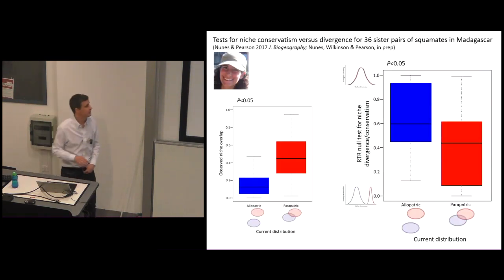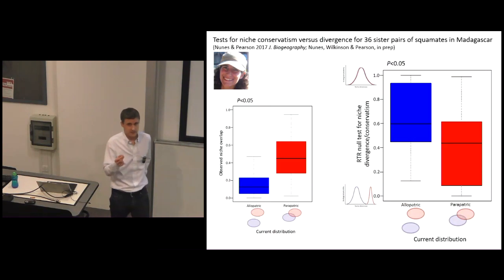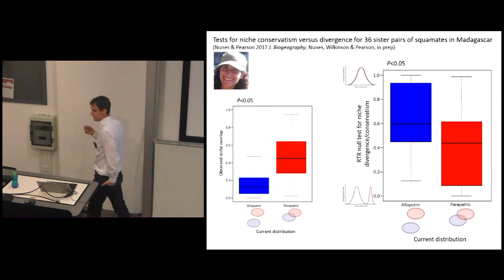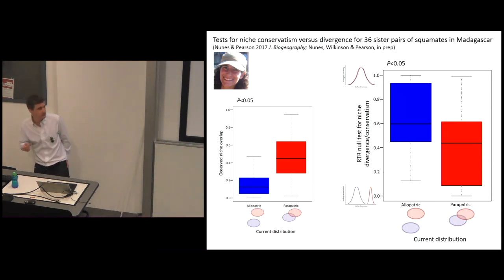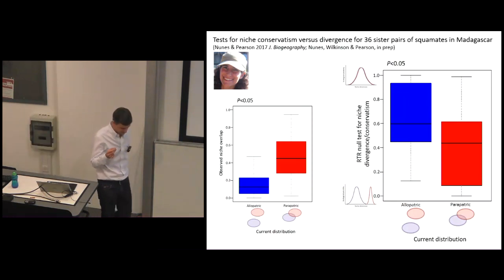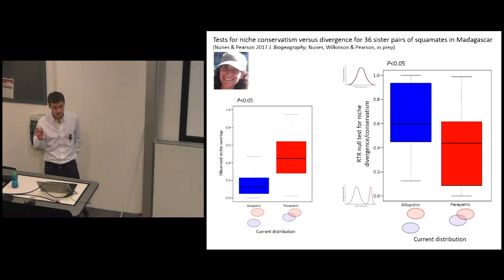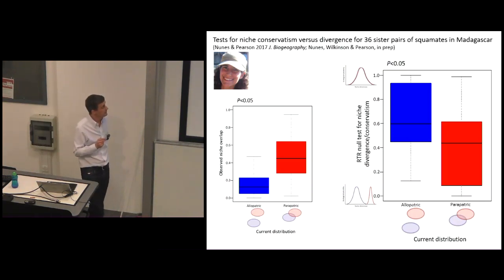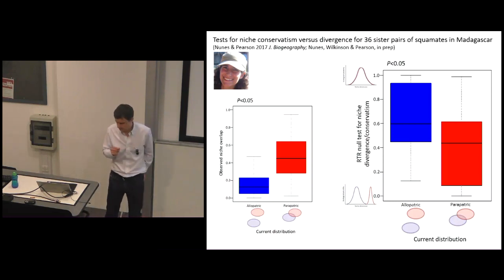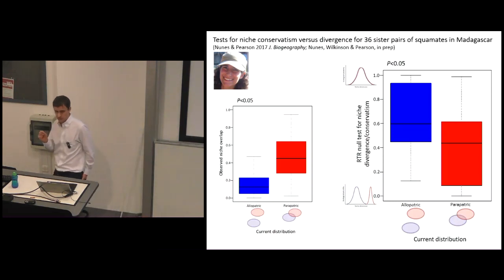So this is some really new results, some unpublished work. The method is published, but the results we're writing up at the moment. Again, many of you will recognize Laura Nunez, who did her PhD with us, with me, and she had an impact studentship co-supervised by Mark Wilkinson at the Natural History Museum. And a large part of Laura's thesis was trying to develop these methods for characterizing the similarity and differences between ecological niches.